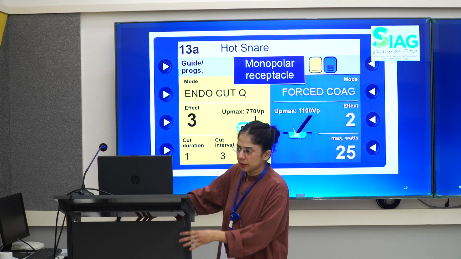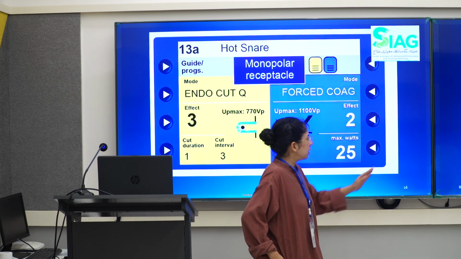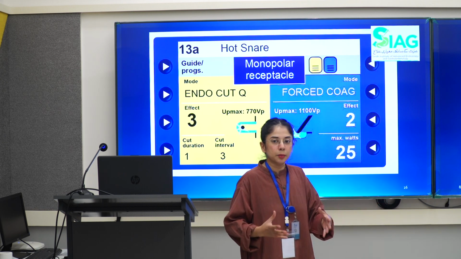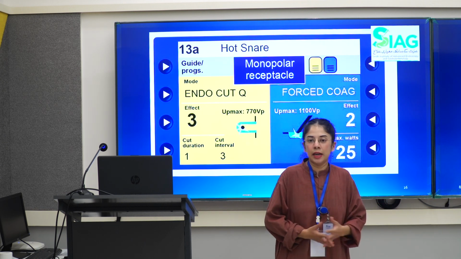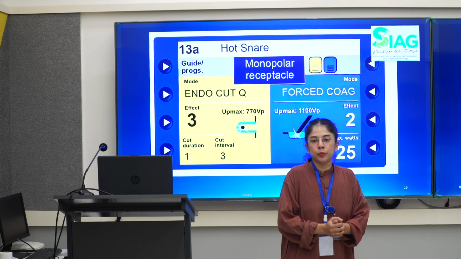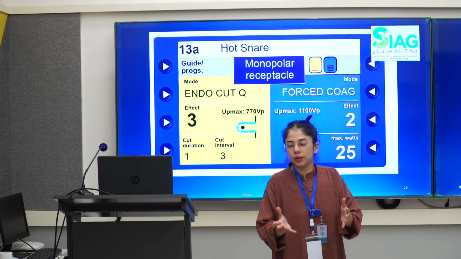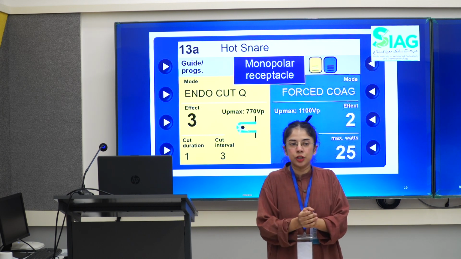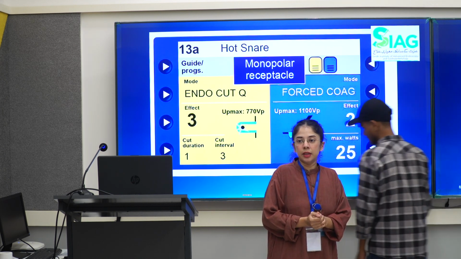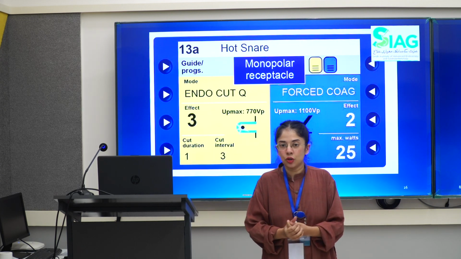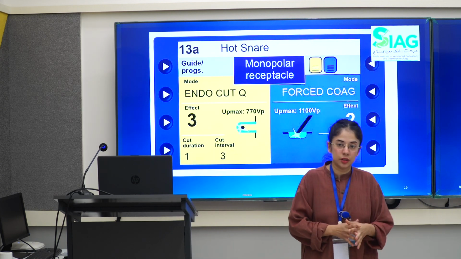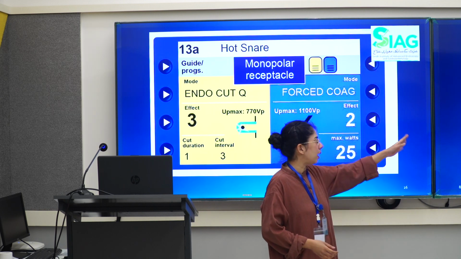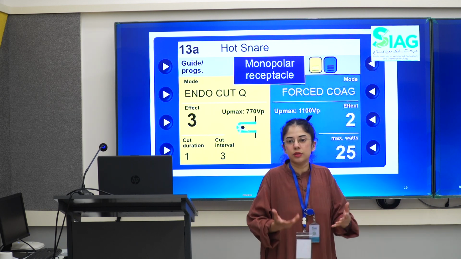8:30. Okay. So, everything Dr. Hassan said, we're just going to skip through right now. Practical purposes here, how do you select what kind of current you want? You come into a room, you have a patient, he has a colic polyp. It's a 2 centimeter stalk and it's a very large head. How do you select your type of current? Would you want a pure cut instead of a thick stalk? Or would you want more coagulation instead of a thick stalk? And if you do want more coagulation, why don't you take the effect all the way up to 4 or 6? How do you select it?